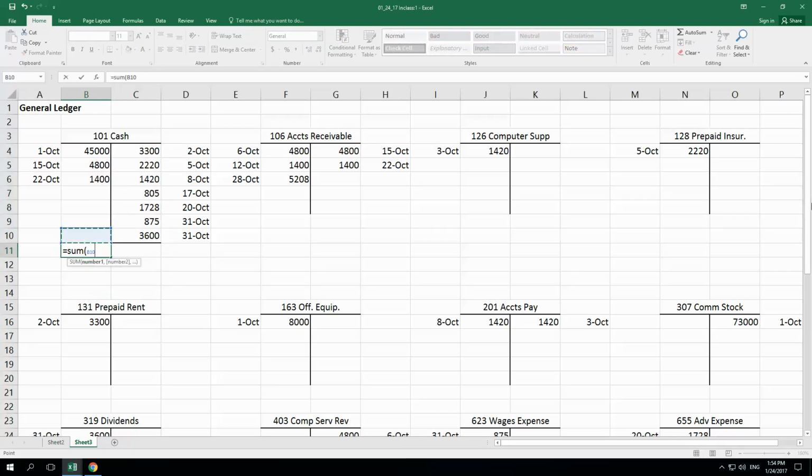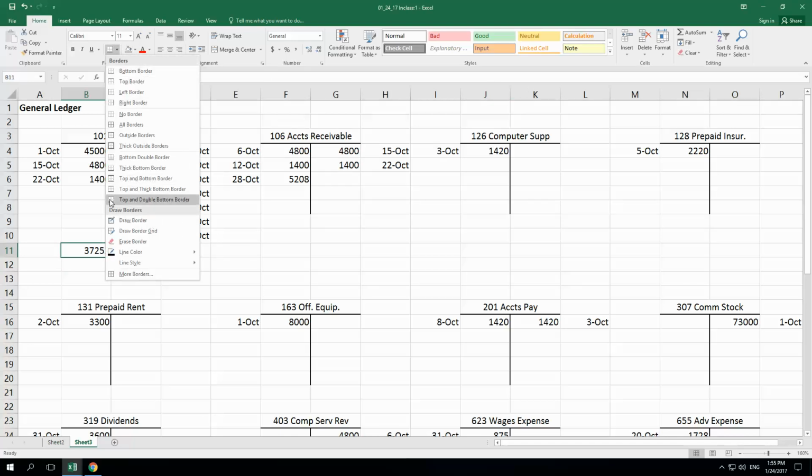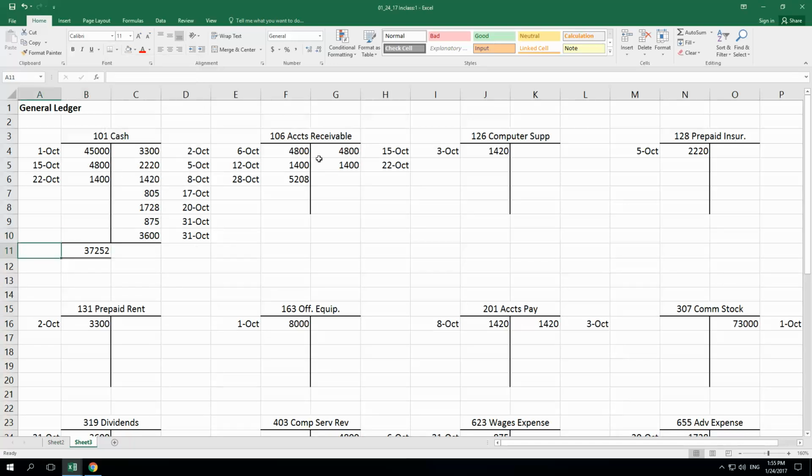I'll just add up my debits, and I'm going to subtract the sum of my credits. Okay, and my balance, my October 31 balance is 37,252. So we would do that for all of our accounts. Okay? Kind of put a line through,